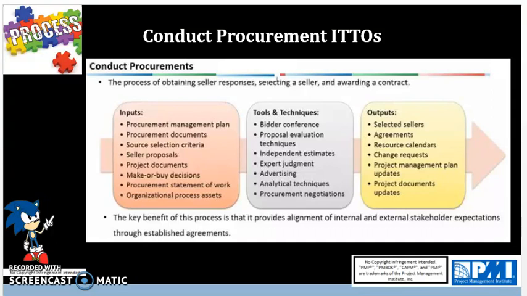So hence the overall purpose of Conduct Procurements is the process of obtaining seller responses, selecting a seller, and awarding a contract. So that contract is your binding agreement between yourself, the buyer, and the seller to perform the services needed for successful project